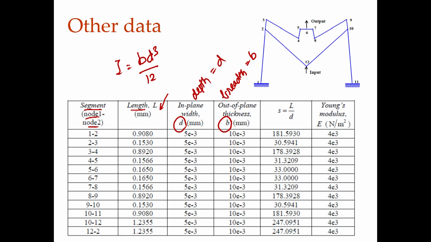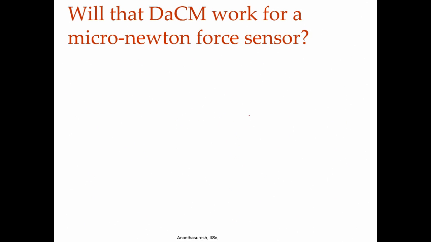How do you decide this? The depth is the dimension in the plane of deformation. So, if I have a compliant mechanism, let me just show the in-plane width here. This is going to deform in this plane when you apply the force here. So, that becomes the depth. So, the in-plane width is the depth of the beam and the out-of-plane dimension, which is the breadth here, is the out-of-plane thickness. So, thickness is actually breadth here, B. So, when you have this data, you can draw the